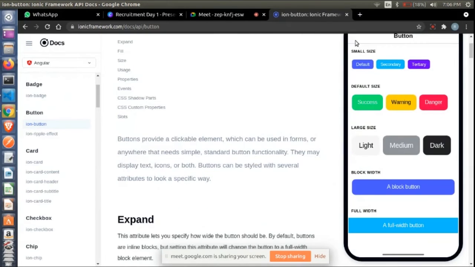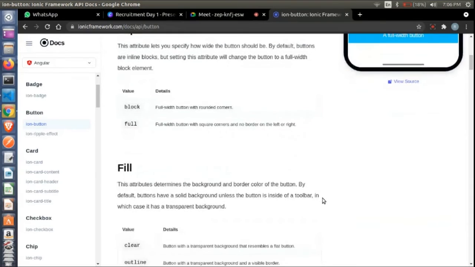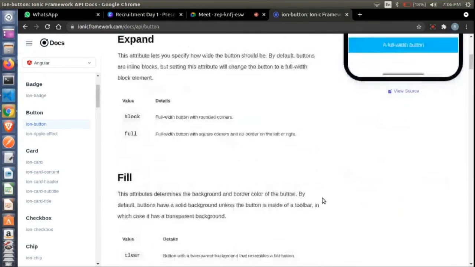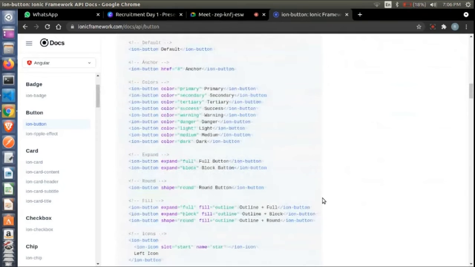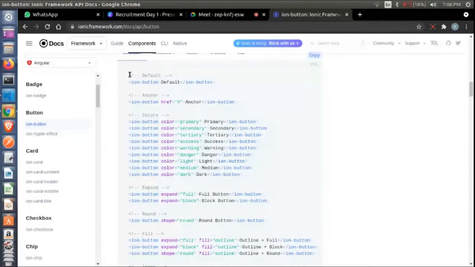On the right-hand side you will see a sample of what types of buttons you can create with the predetermined Ionic UI framework. Then you will see the implementation of all the various types of buttons. Similarly, for all the other UI components there will be similar documentation.